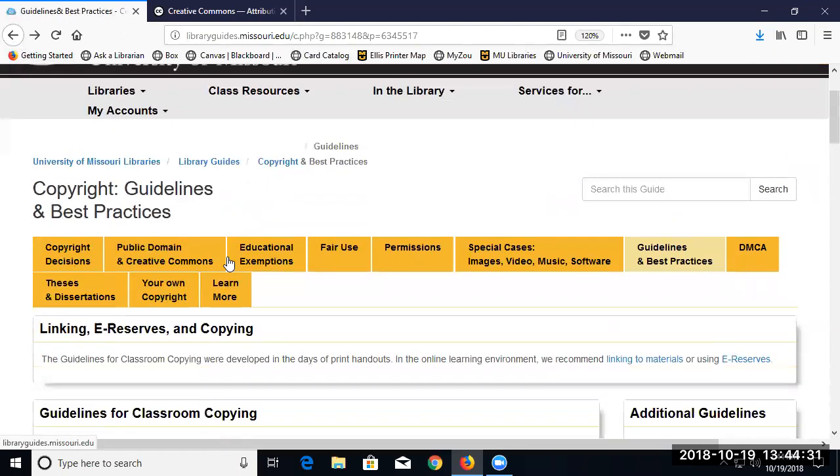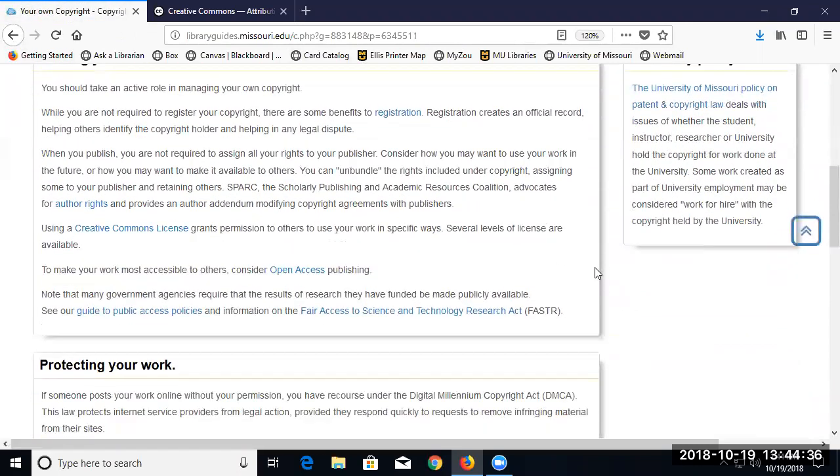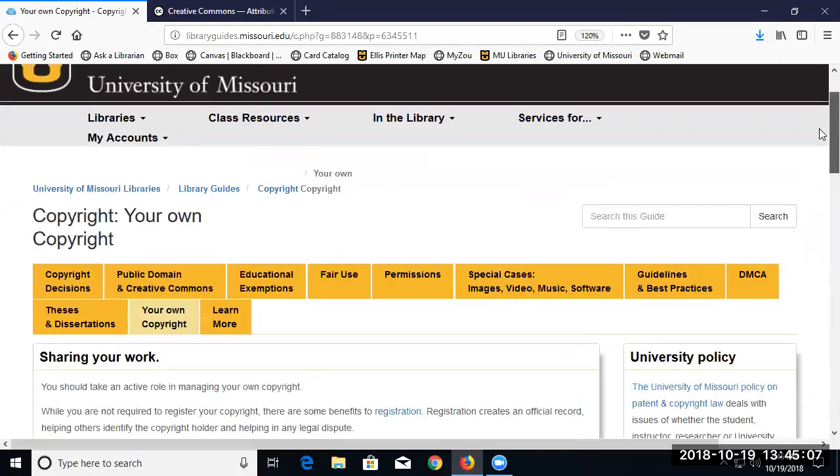The last thing I want to do just real quickly, we've got about 5 minutes left, is talk about your own copyright and the things that you might be doing and what you can do with it. If you're at the university, take a look at the university policy on patent and copyright. When you're an employee, some of your work might be your own, but some of it is what's called a work for hire. It's done as a condition of your employment. So on all the library web pages, the copyright is held by the curators of the University of Missouri. I made this page, but I don't own the copyright to it. The university does, because that's just part of my job.